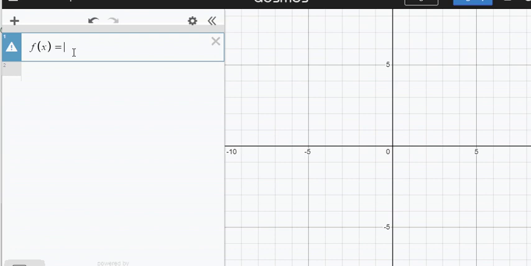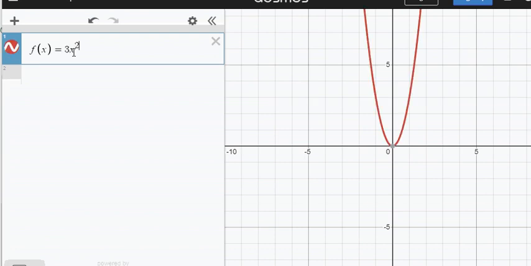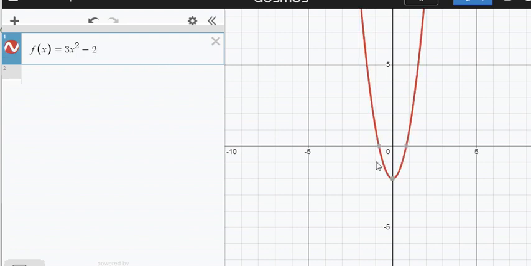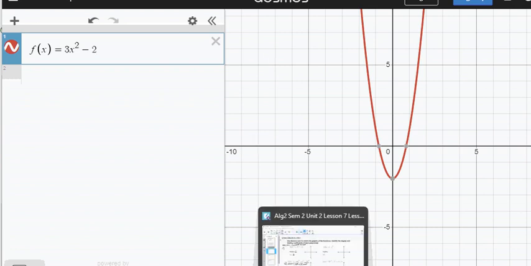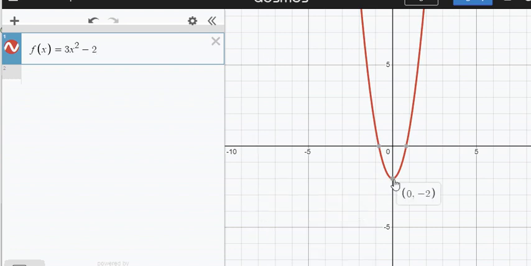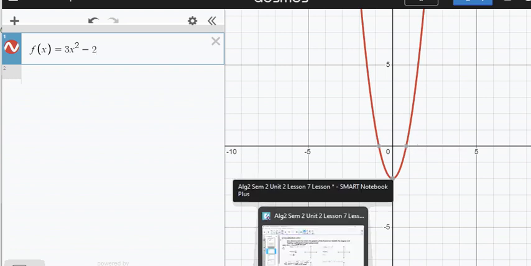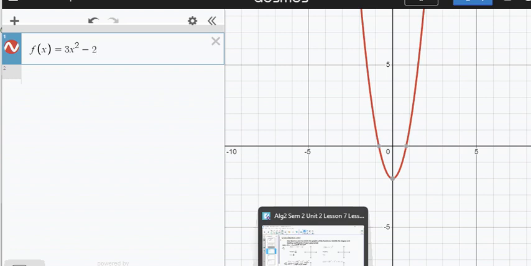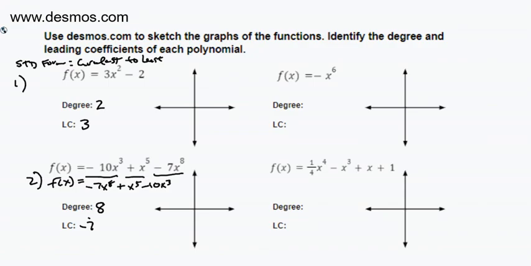All right, f of x is equal to 3x to the second power, and then use my arrow, and then -2. All right, and so now when I do this, the first thing I'm going to do is go back to my lesson here and sketch this. You see it kind of goes down to 2, right? And it looks like it goes through a little before 1. It doesn't necessarily matter about the numbers, just get an approximate feel for what this thing looks like,